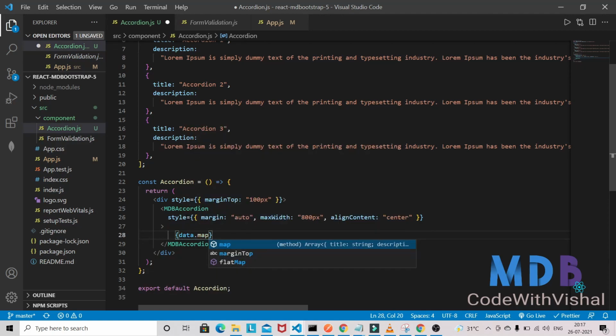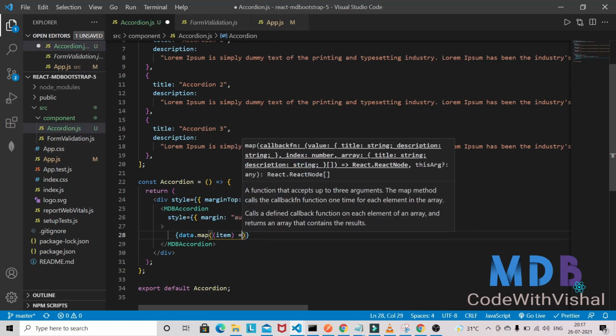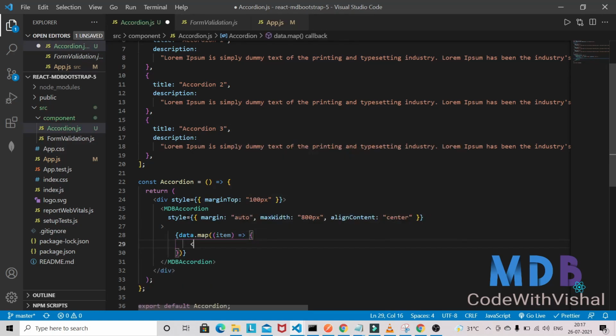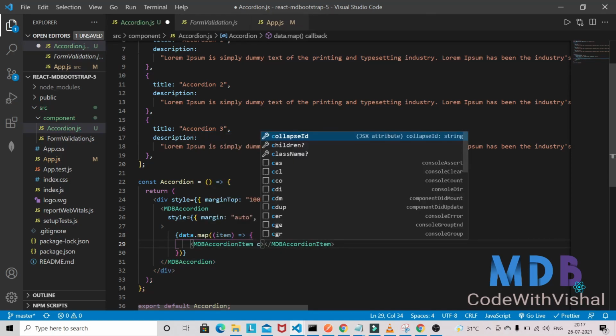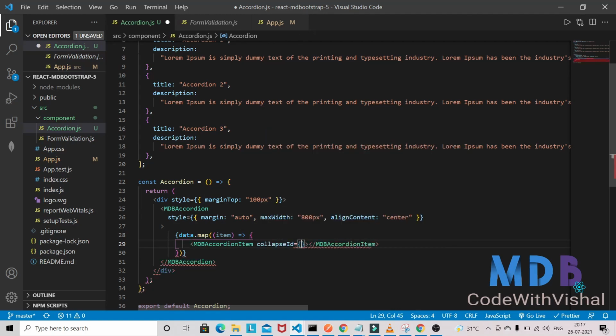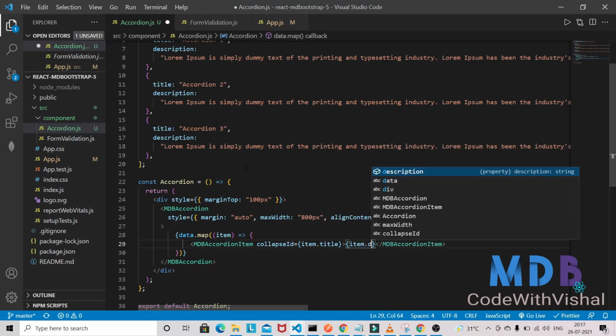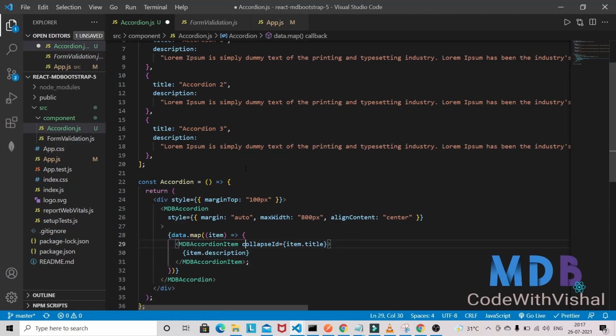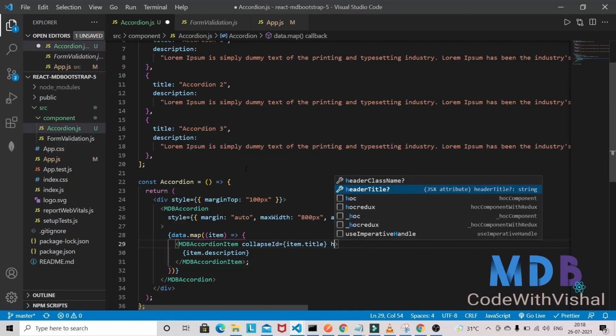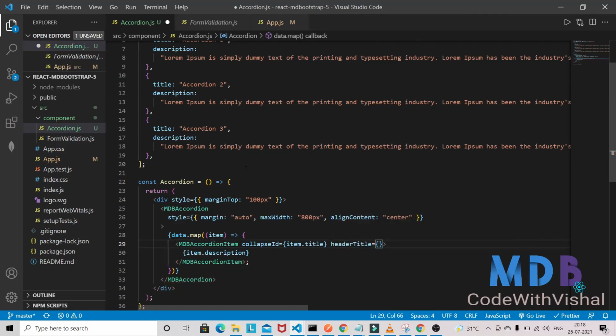and here I need to map this data. So data.map item, and here I am going to use the MDBAccordionItem, and inside that I need to provide the collapse ID. So you can give the collapse ID the title, so item.title, and the description you can give here item.description. And we also need to give one more prop here, that is headerTitle, and it will be item.title only,